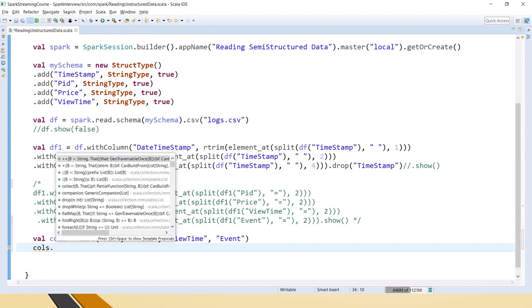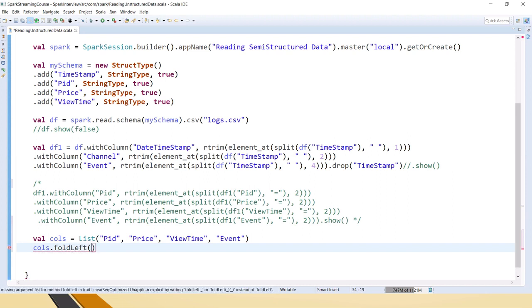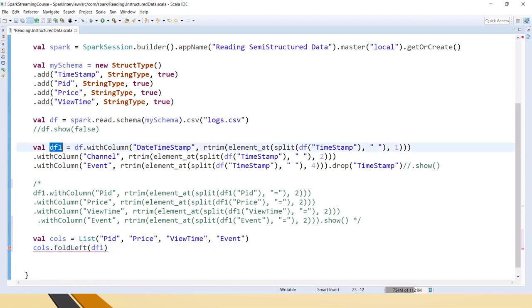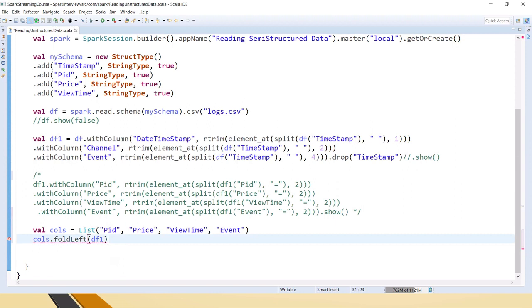So now from this, if I place the cursor here, it will say list of string. For that list there is a function called foldLeft, which will perform the looping kind of operation for the operation that we are asking it to provide. So it will take two parameters. First one is the original data frame, which is here. What is the base of the entire operation? So that is this one, and next one is